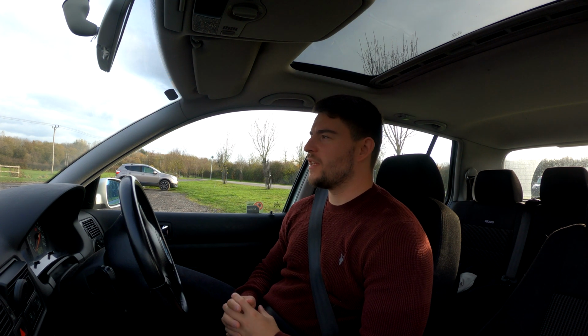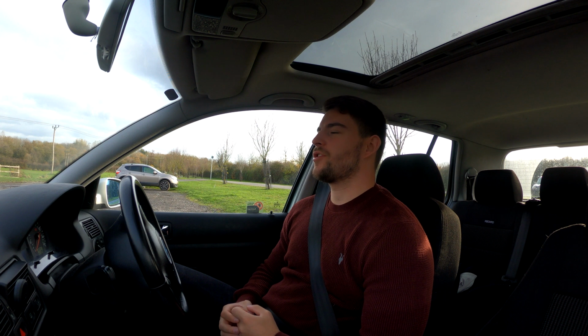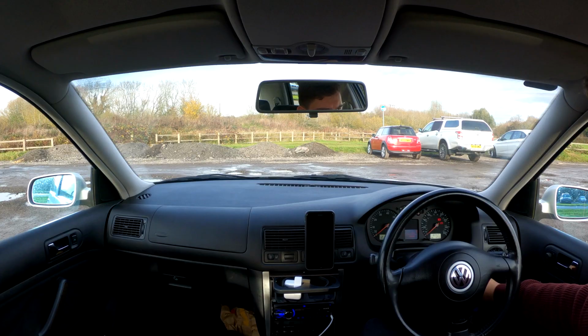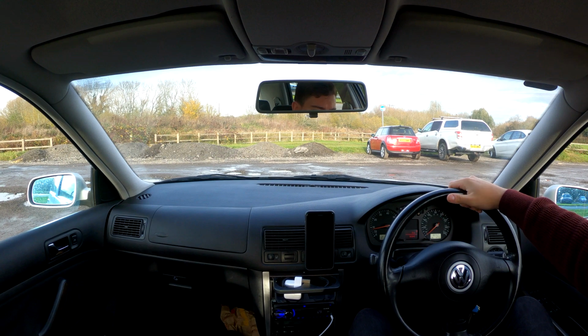So those are my gripes about the Mark IV Golf GTI, and in all truth, it's quite a reliable car. There's nothing that's massively unreliable about it. There's just a few issues that the Golf GTI franchise in general is plagued with, and those are some of them. And just to finish off, this is another issue that is a new issue for me